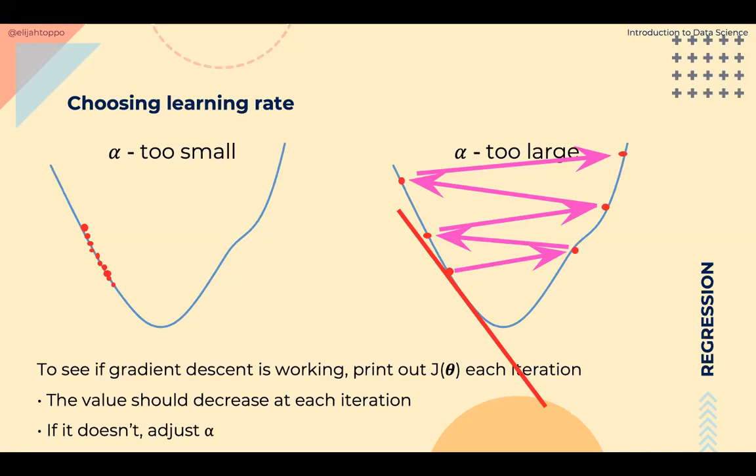The other option is you find the new cost, and you can see that the new cost has actually increased. If the new cost has increased, then we know that our alpha value is large, and we need to reduce that value of alpha. So just by evaluating the cost at different points in time, using different values of theta, we can find out if our alpha is good or not, and we can adjust the particular value of alpha.